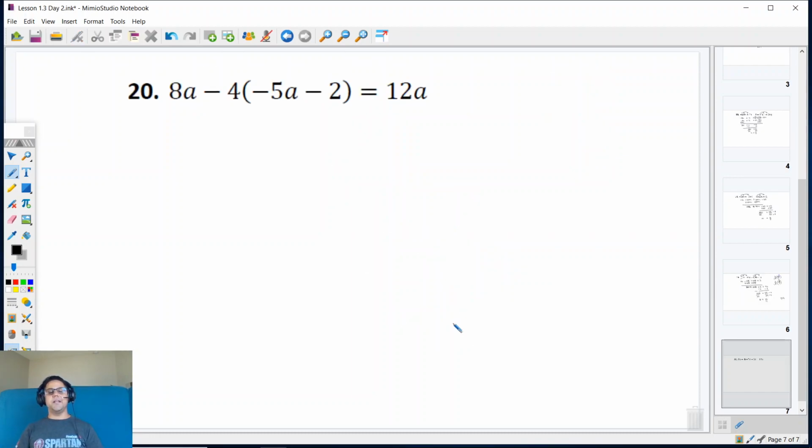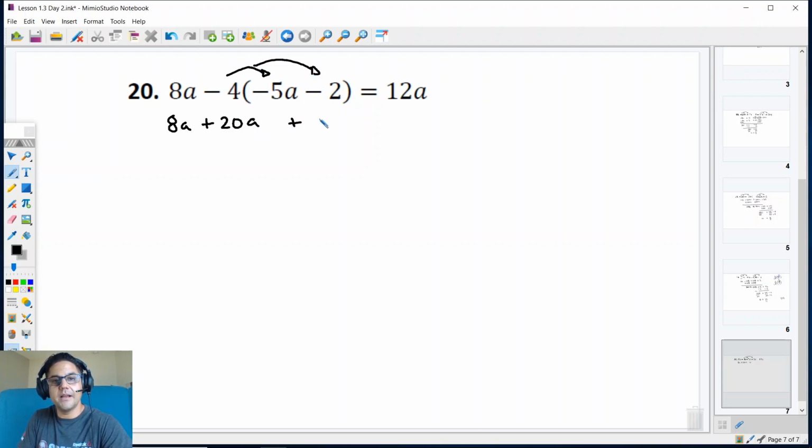Oh, look, the right side only has 12a. So I really have to concentrate on simplifying the left side. The 8a gets to stay the same. -4 times -5a, well, that's just going to be positive 20a. And then -4 multiplied by -2 is positive 8. So if I combine like terms, I have